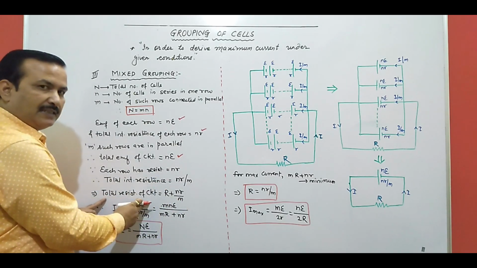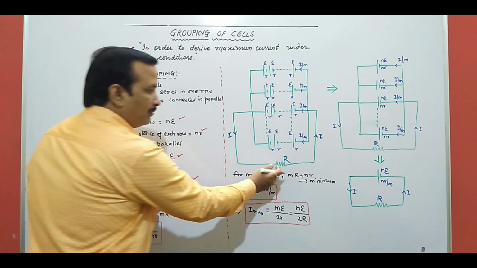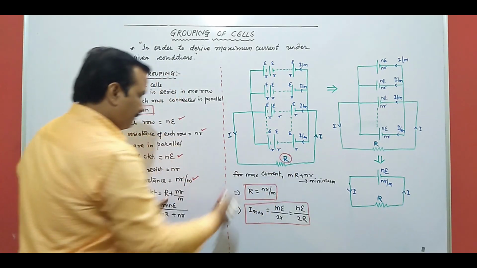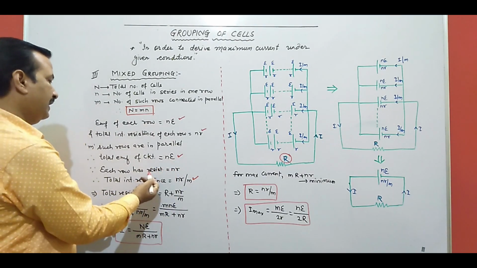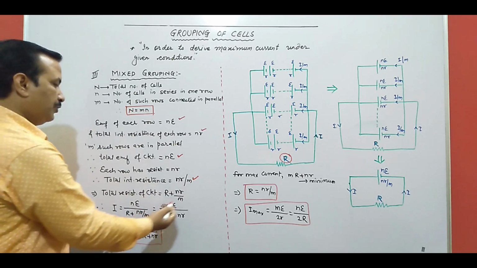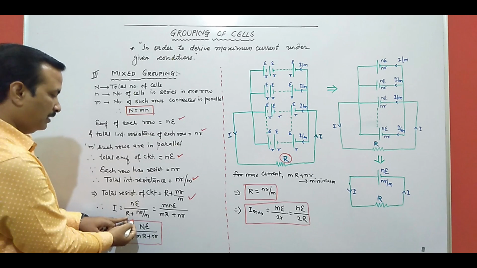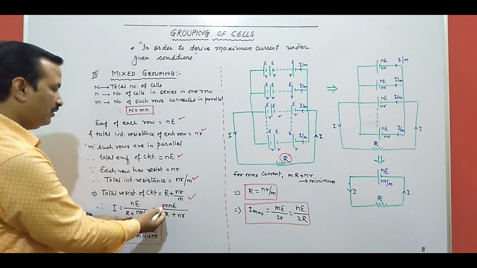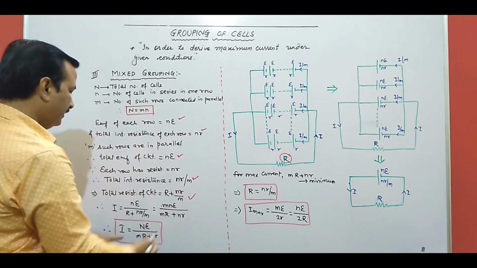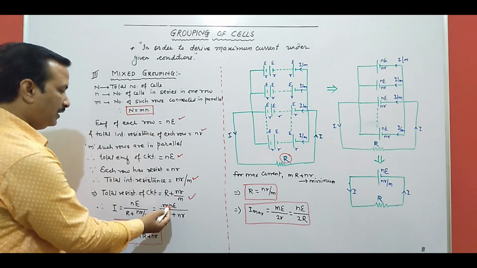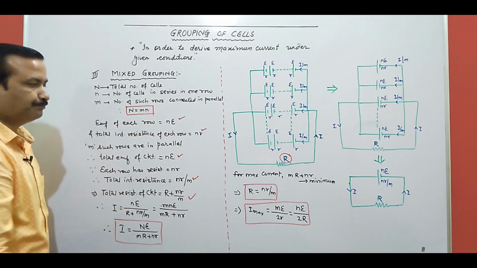So what is the total resistance? This internal resistance plus the external resistance R which we have added here, this one. So the current will be total EMF upon total resistance, as we have written here. So this nE, here you take m as the LCM, so m will go up. Here you will get mR plus nr. Okay, so this gives you I is equal to m into n, which will give you capital N. So this is the result for current.